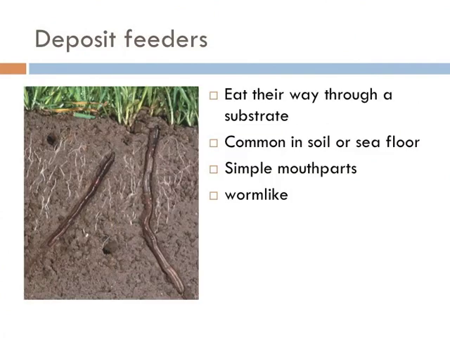And it's thought that the next feeding strategy to develop was deposit feeding. And this is when an organism eats its way through its substrate, like soil, ingesting it and extracting food from within their gut, and depositing the rest of it as they move through it. This feeding type is common in soil, on land, or in the seafloor, and animals typically have very simple mouth parts, basically just an opening on both ends, and all of these organisms with this feeding strategy are worm-like, but not all necessarily are worms per se.